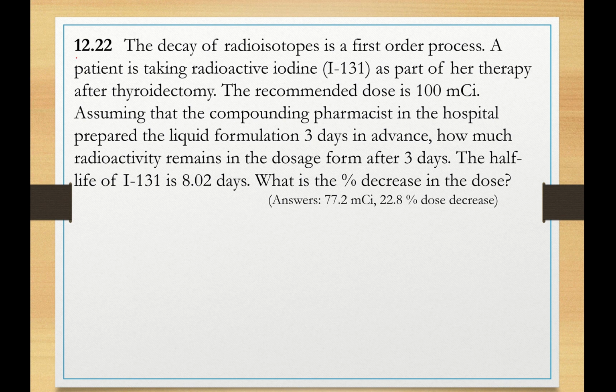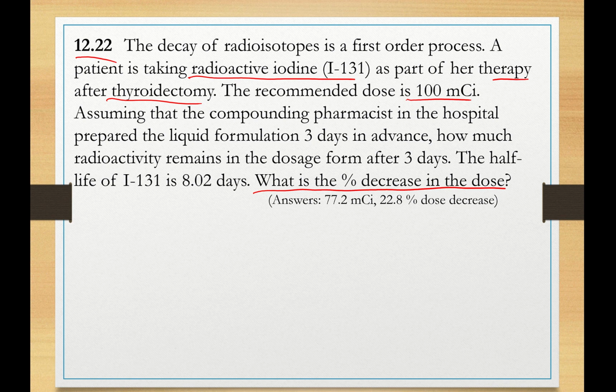And finally here, it's a real exercise actually, where you are asked to determine the percent decrease in the dose. This is a radioactive iodine that you needed to formulate as part of a therapy for a thyroidectomy. So obviously there was a thyroid cancer involved here. The recommended dose is 100 millicurie,